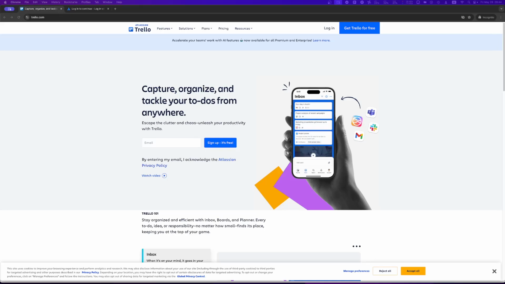Whether you're tracking fieldwork, mapping out business locations, or just organizing a travel itinerary, this tutorial will guide you step by step on how to access and use the map view effectively. So let's get started. First, open your internet browser and navigate to